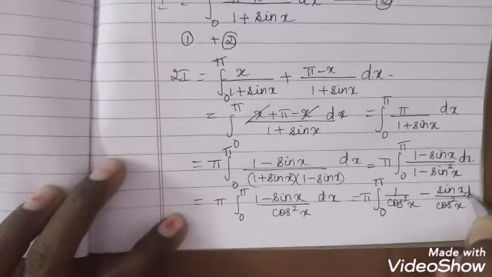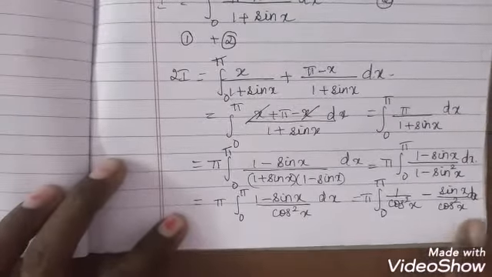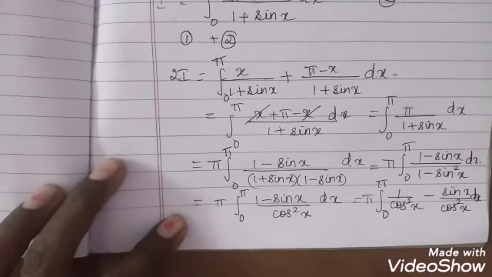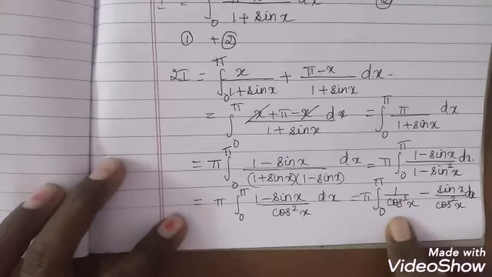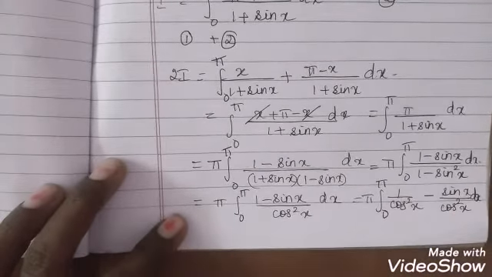This is what you get here. So we'll just separate it as two separate integrands and then we'll integrate it with respect to x. What is 1 by cos? It's nothing but secant. What will I get here? It will be nothing but tan into secant x. This is what you have here.